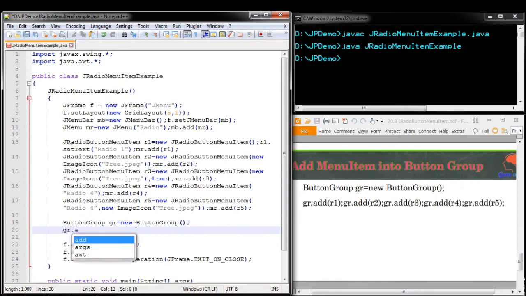So gr.add of r1, and similarly you have to add all the radio buttons. Totally five radio buttons have been created, and we are adding all of them into that group: r2, r3, r4, r5.